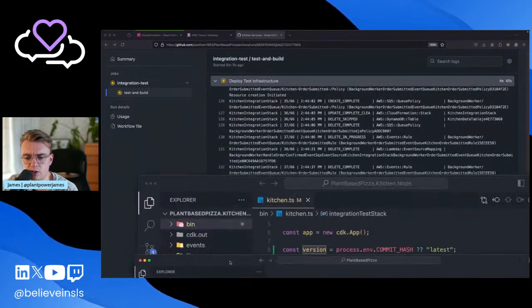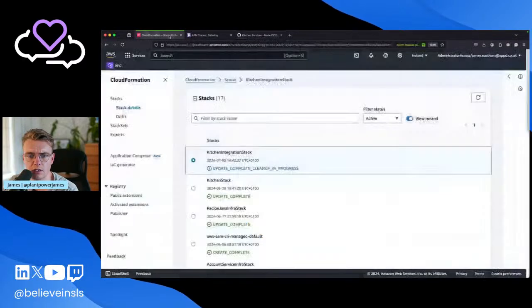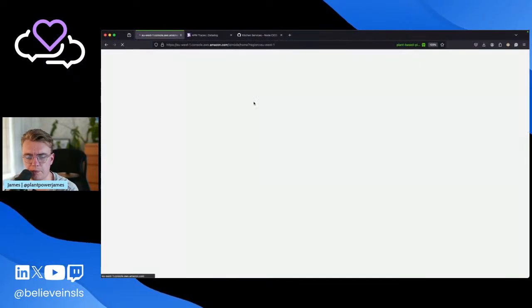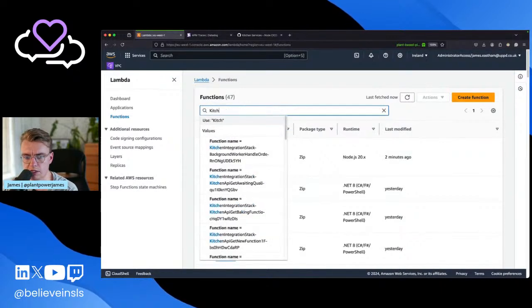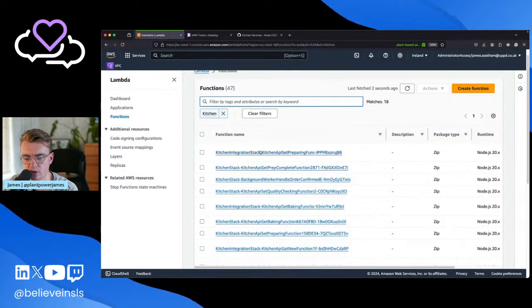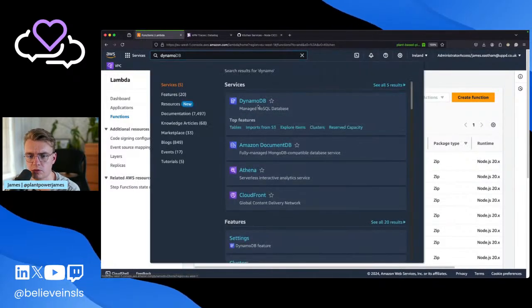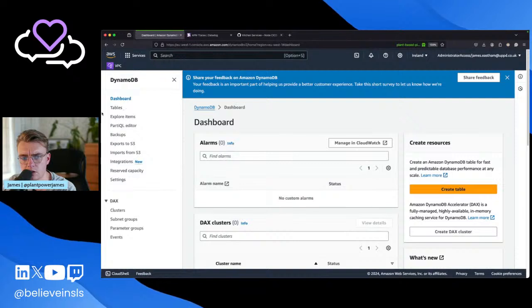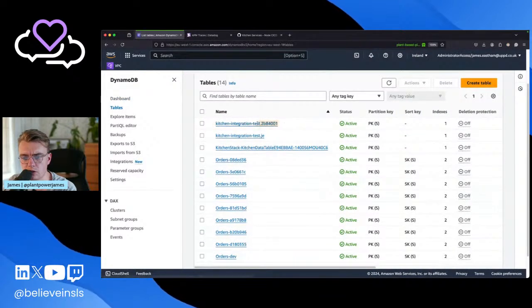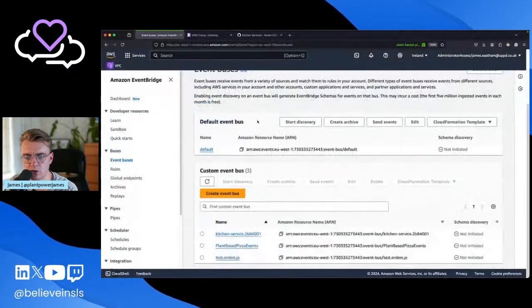When I'm creating all my resources, because the other thing this is going to mean is that I might end up with duplicate resource names. I can actually check this in the console, you know. So if I look at all my Lambda functions, and I look at my kitchen Lambda functions, okay, so yes, it suffixes the name of my functions with the stack name, so they'll be okay. Let's have a look at DynamoDB tables. Hey, would you look at that? I've got my integration test DynamoDB, which actually should mean if I go to my event buses, I should also have